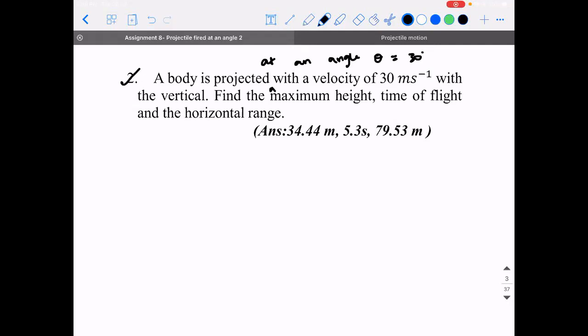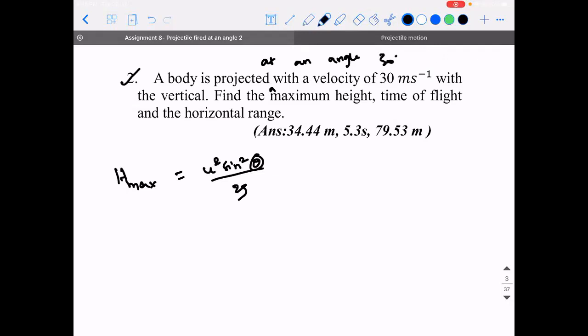So what will happen? What do you need to be careful about? When you apply it, the vertical component will become u cos theta. Yes, you need not do all those things. When you apply the formula for H max, u square sine square theta by 2g is there. No, here theta will not be... at an angle of 30 degrees. I'll not put it as theta, it will confuse you. At an angle of 30 degrees.